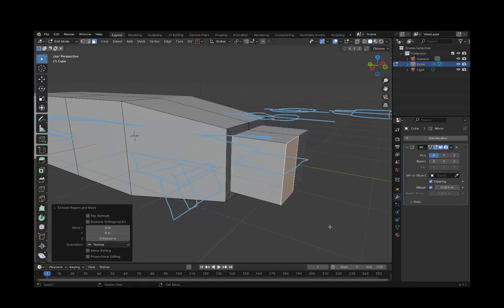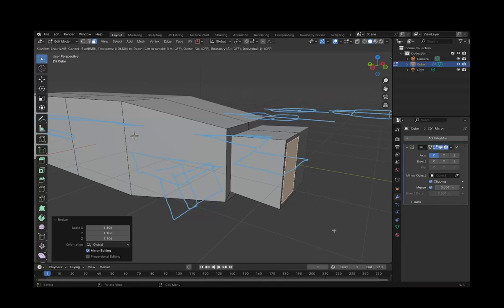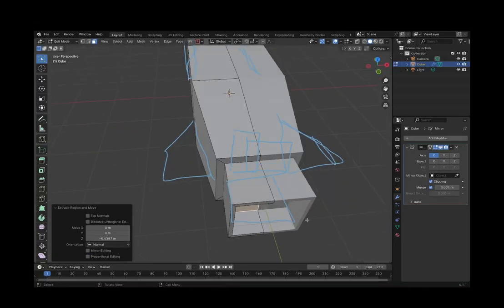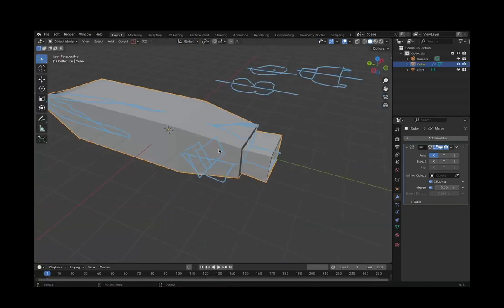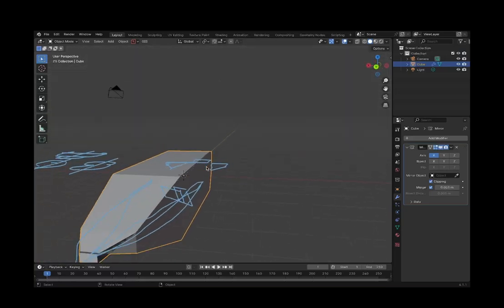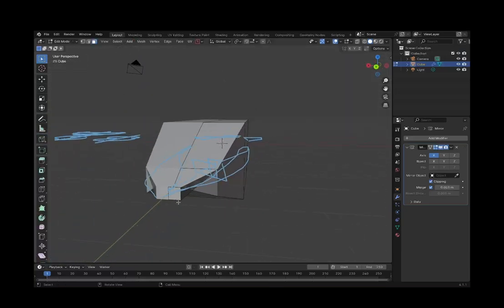Now we can extrude it, scale it, inset it, and extrude it backwards to make it hollow. And we sort of have a spaceship. A very bad looking spaceship. Yes.